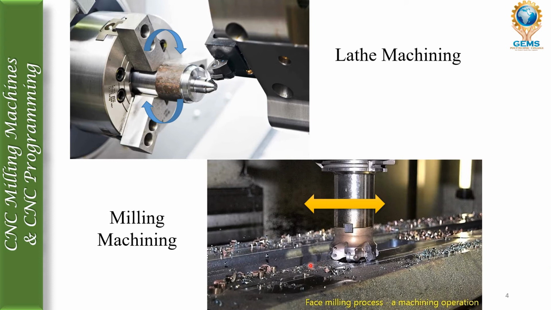But in the milling machine, the tool is rotating. This is the tool. It is rotating. It has a multi-point cutting tool, 1, 2, 3 like that, and the workpiece is moving up towards, approaching the tool. Okay, so these are the two differences, and you can see this lathe machine is used for machining cylindrical or conical surfaces, and this milling machine is used for flat surfaces.